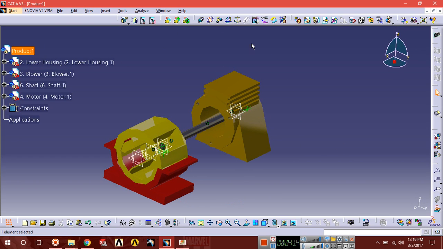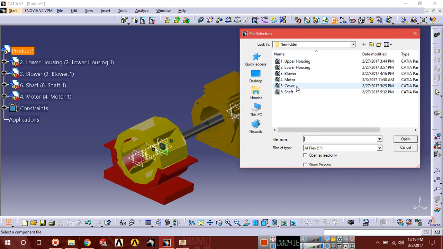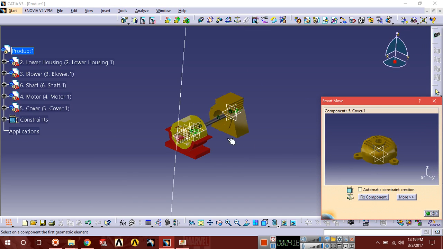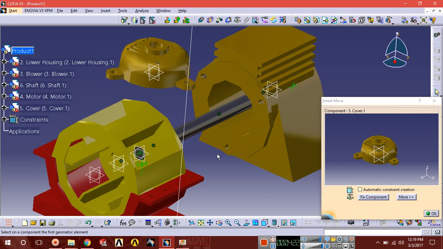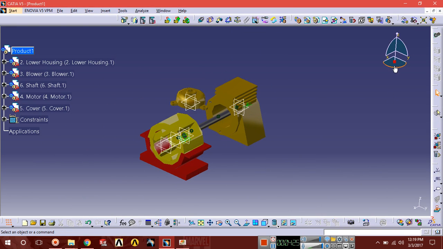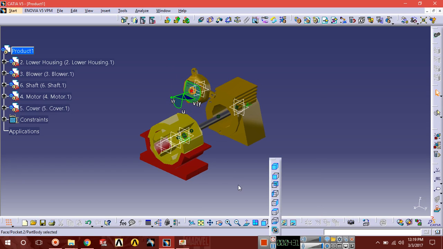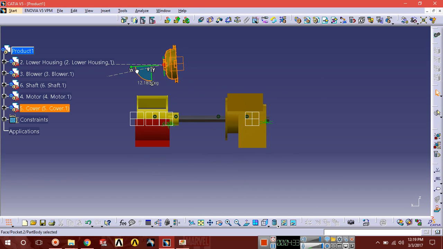Now insert another component called motor cover. Okay, put the compass here and rotate it like this.